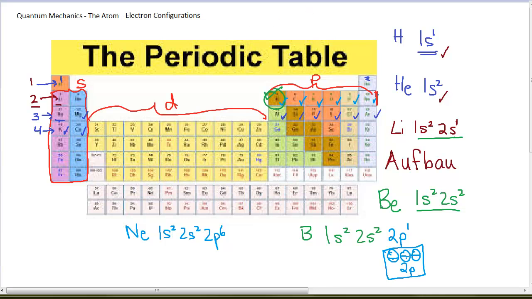Now I'm going to fill in my d's. You'll notice the next box on the periodic table is not my 4p. My 4p is over here. This is my 3d. The 3d's are 1 behind because of that overlap in energy. So 3d1 all the way through 3d10